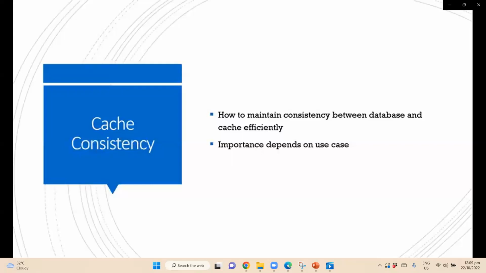And finally, we have cache consistency, which I touched on earlier, and that basically amounts to you wanting to make sure that your cache and your database are showing the same thing. The importance of that, if there's a slight delay, depends on your use case. The biggest thing is that for writes, you want to make sure that the user who's writing data gets that